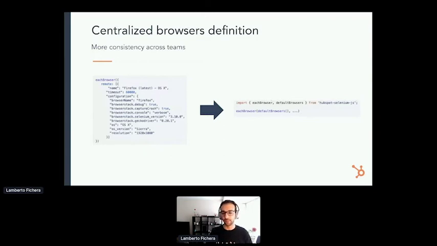And the helper that we built on top of it is the each browser, which is the entry point to all of our tests. This just takes care of running and creating a session, a BrowserStack session, or an internal session if we're on Chrome, for the browsers that you pass. So if you pass the default browsers, it's going to run all of the tests against those browsers. And it's also going to do it in parallel if the option is specified.